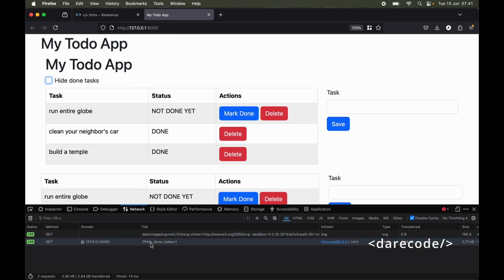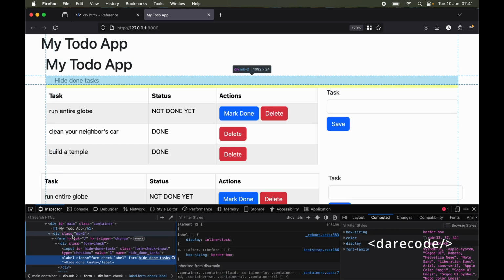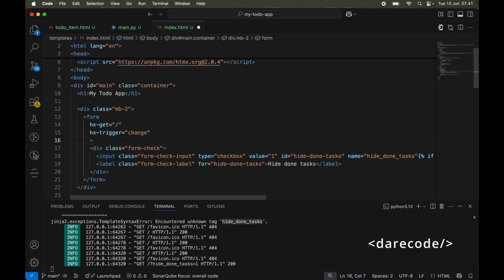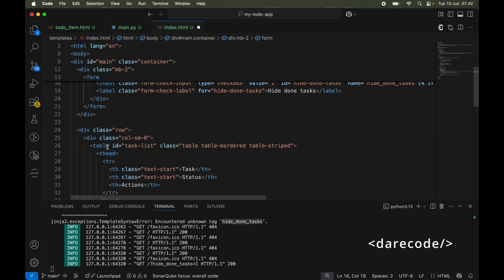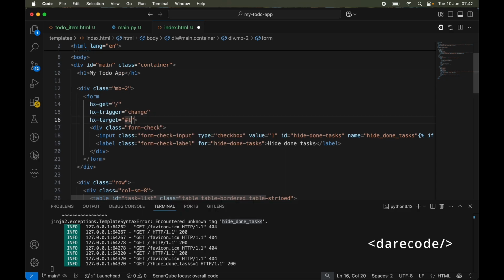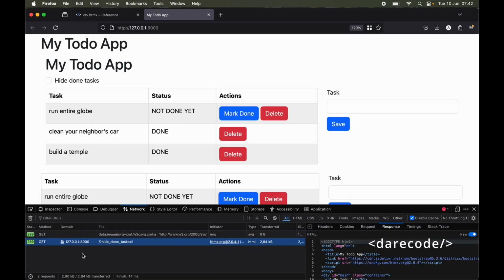Let's try, then click. You can see we have triggered the form. We send the form to the home, and then the parameter is hide done task, and then all the form is replaced by the response. Let's fix it. That is the default behavior of HTMX. So we need to specify the target. The target should be this table with ID task list. Let's specify the target, and then as we can check using this inspect network, the response is the entire